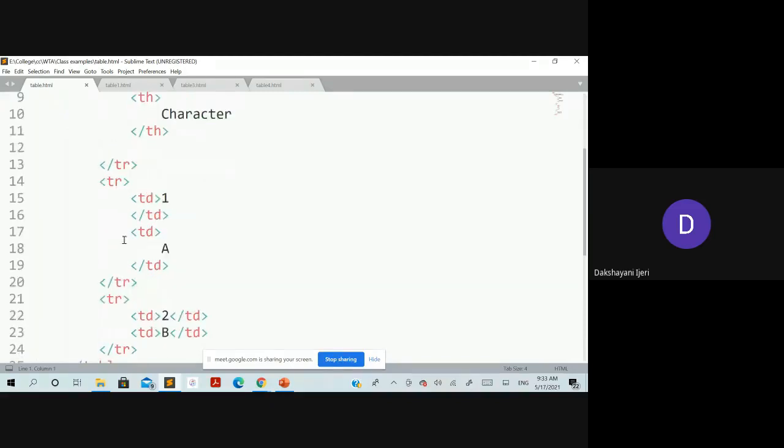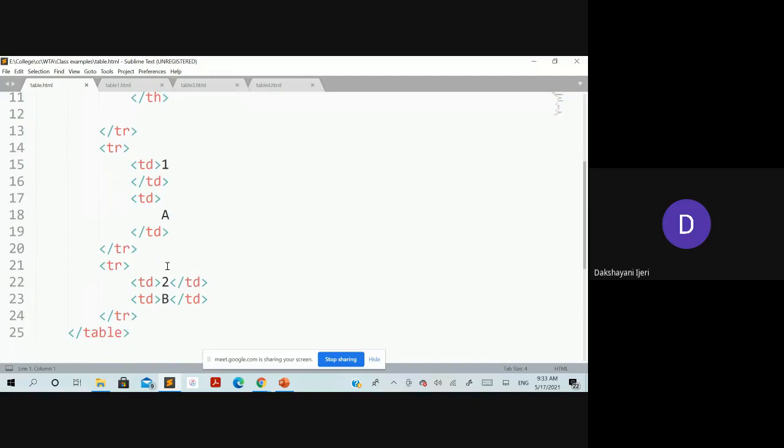Next row: the values are simply 1A and 2B, just random values taken here. They are normal text to be included, for which you have to use separate TDs for each text. So TD 1, close that TD, add the content, close that TD, and when all the elements have been added for that respective row, close that TR.